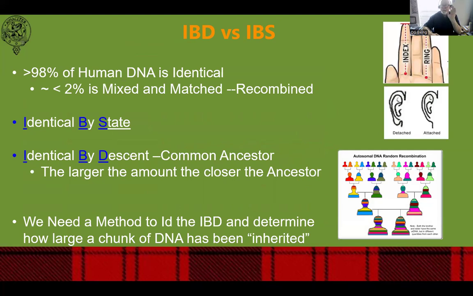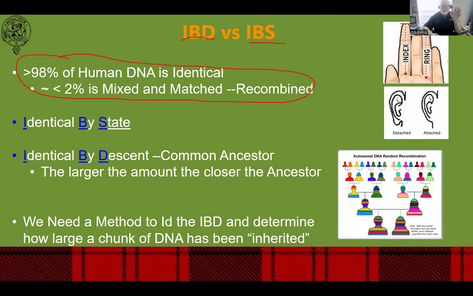I think our biology is just about to end. I think I got one more chart. And so there's two terms you'll hear often: identical by state, IBS, and identical by descent. Before we talk about those two terms, let's talk about